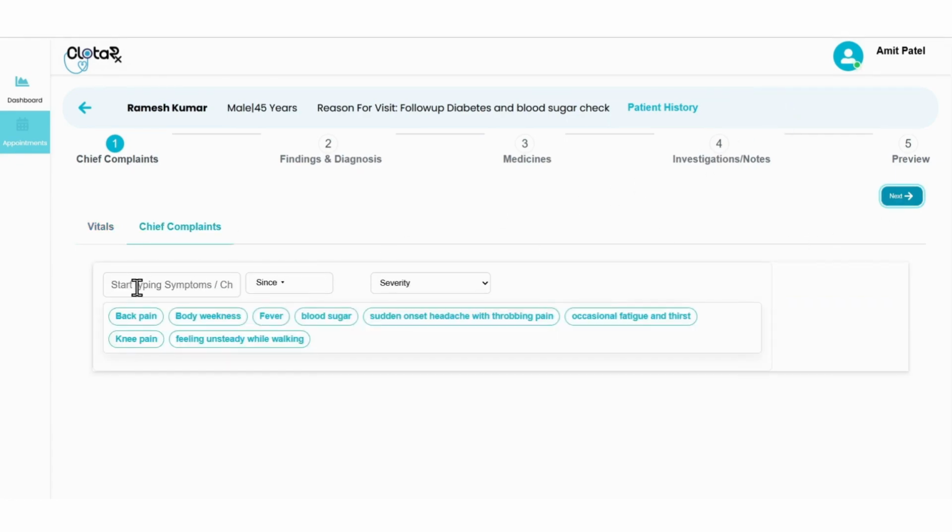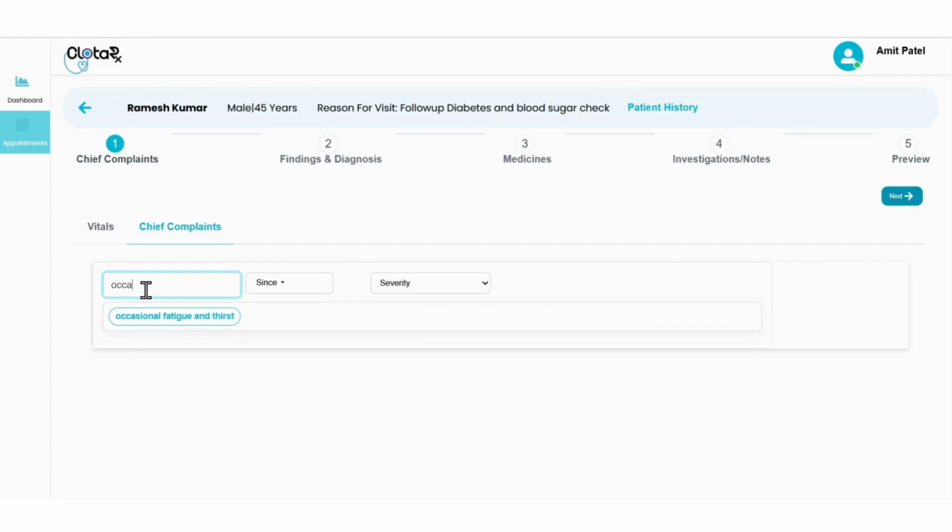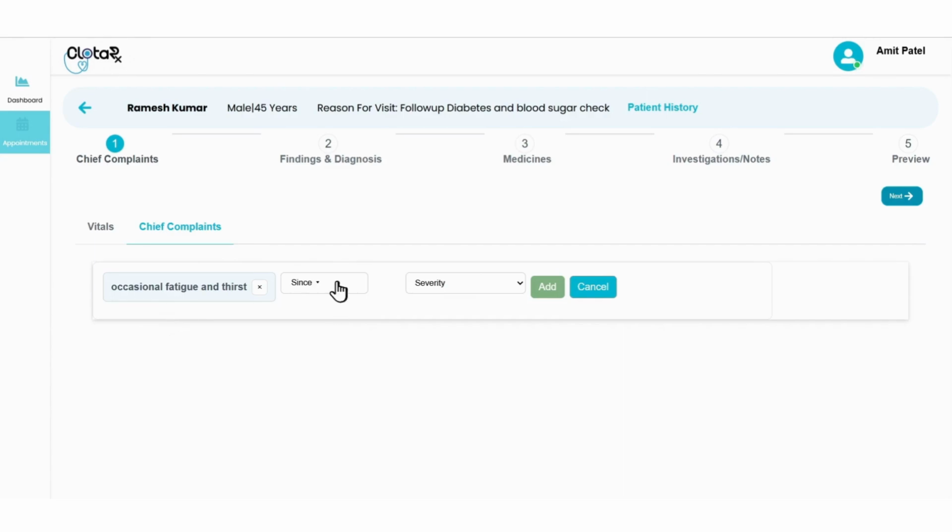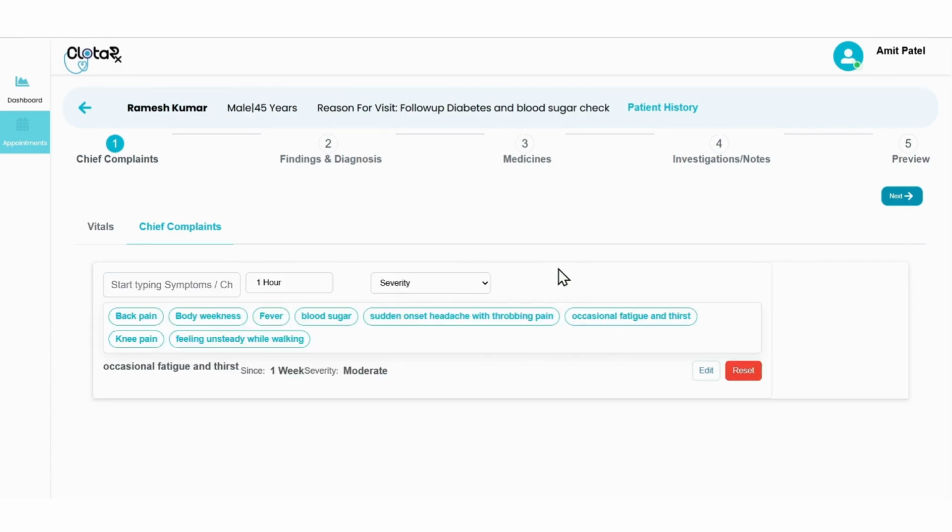Once the consultation begins, the doctor can record the chief complaints based on the patient's symptoms. This clearly documents the reason for the visit.